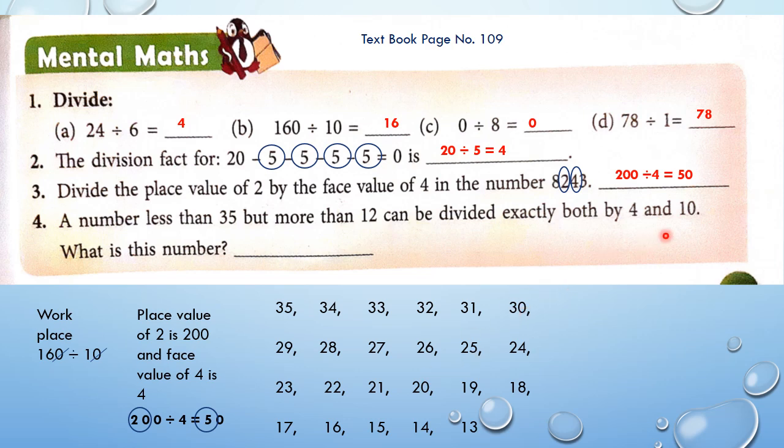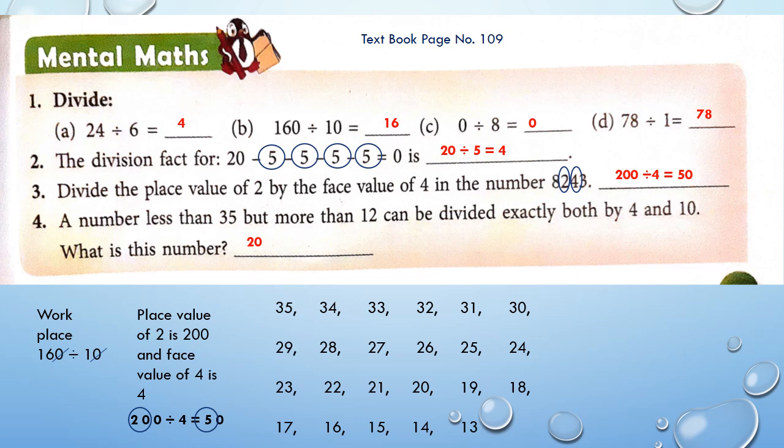So here 30. But in table of 4 does 30 come? No. So we have to go to 20 because there are only two numbers with 0 at the ones place. I already informed you in interactive class that any number divided by 10, there should be 0 at ones place. So we have only two numbers, 30 and 20. In table of 4, 30 does not come. So we have to see 20. Table of 4, 20 comes? Yes. So 4 5s are 20. So 20 is the number. I hope you have completed this.